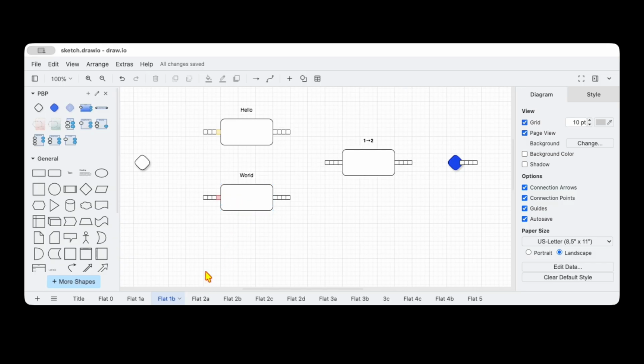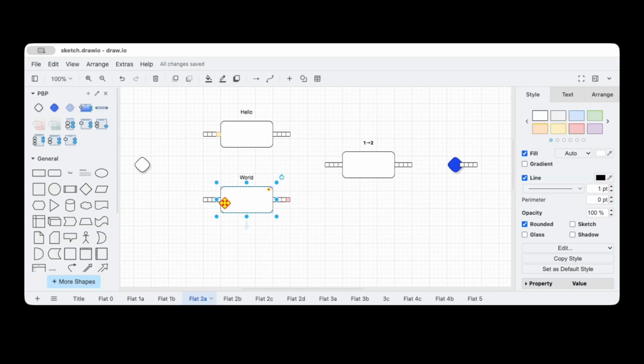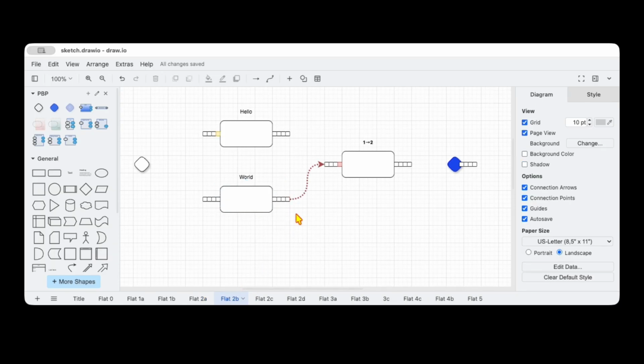Next, the system chooses one of these 2 parts to run. We'll choose the world part to run. So it runs it. It takes the first event off the queue, does something with it. In this case, it just generates the string world and shoves it on its own output. Then the system routes the output to the receiver, in this case the 1 and 2 part,